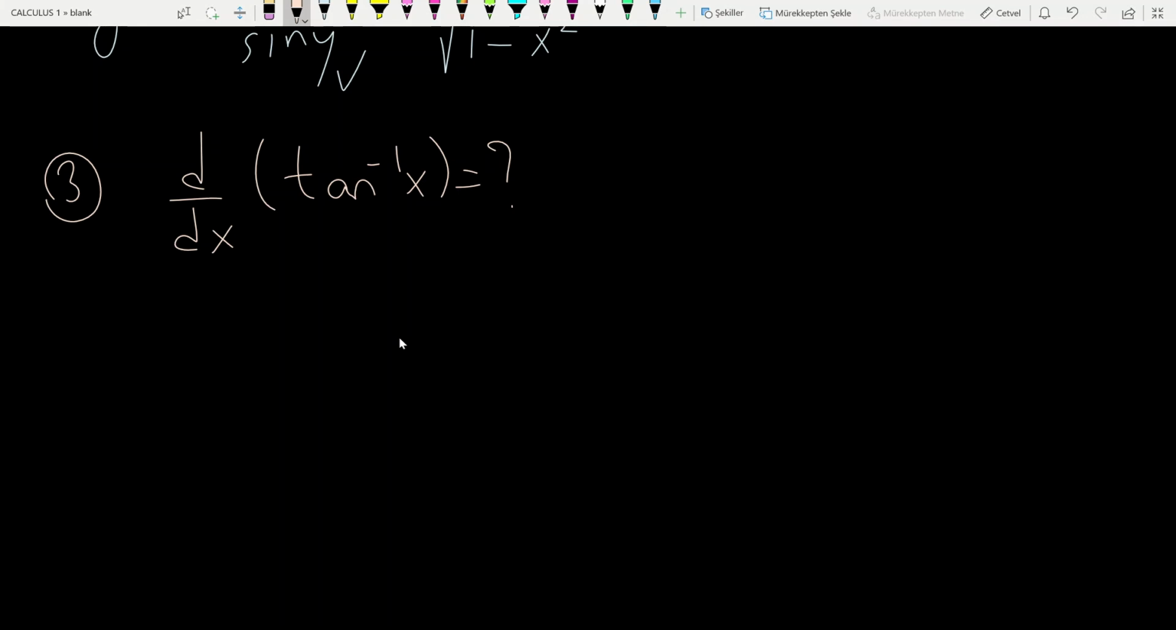What is this? We exactly use the same idea. We first give a name to the inverse tangent. Then apply tangent to each side of the equality. Then you have tangent y is equal to x. Again, differentiating tangent y equals x implicitly with respect to x, we get